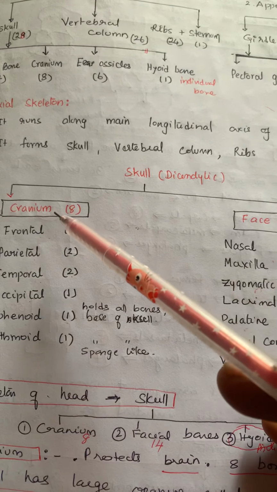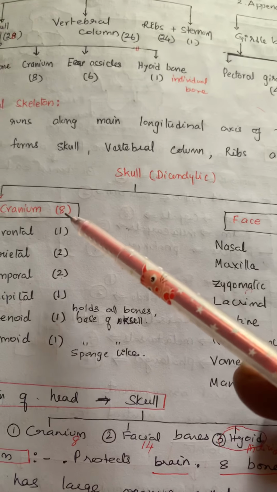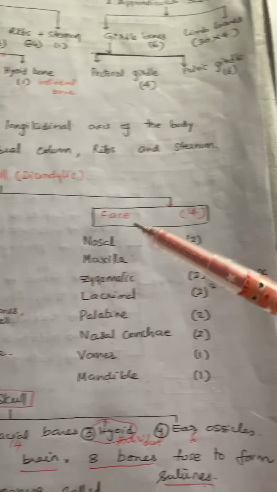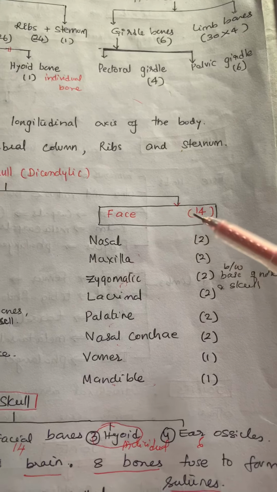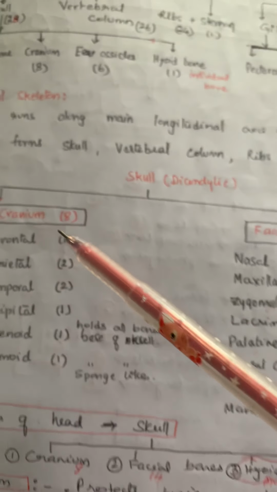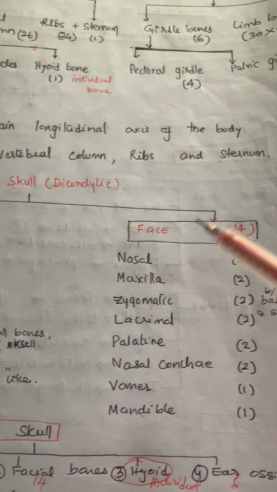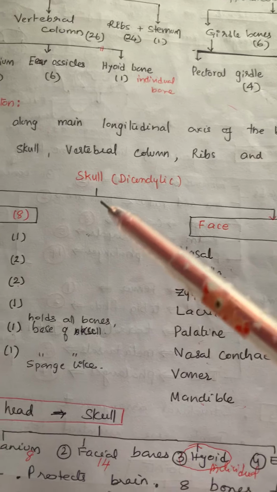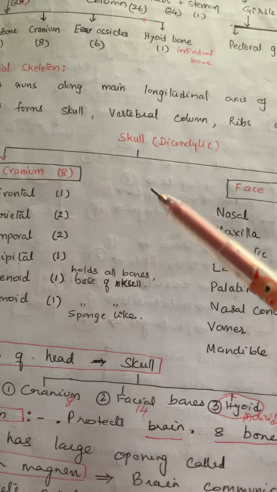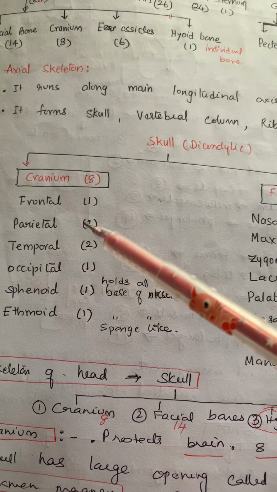Skull consists of cranium, which is also called brain box, which consists of 8 bones, and the facial bones are 14. So both these cranium, which is consisting of 8 bones, and also the facial bones 14, they constitute the skull. Coming to the cranium,